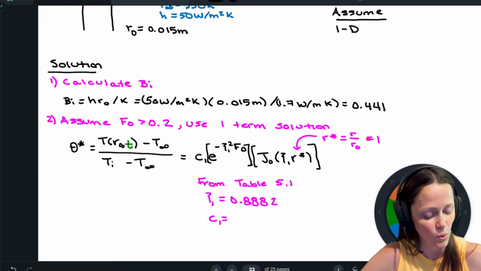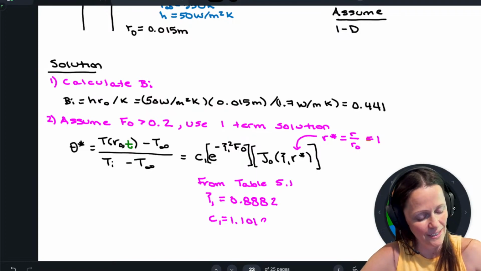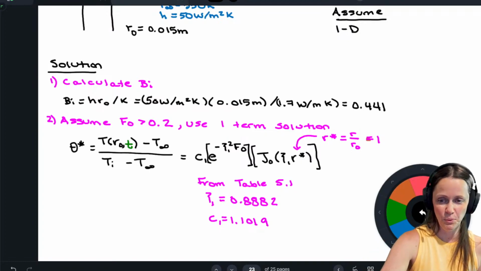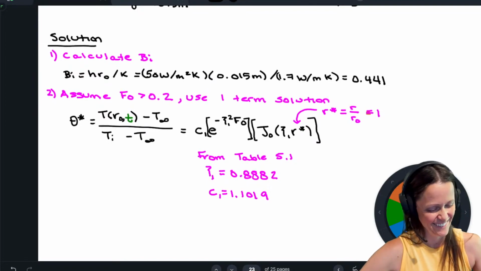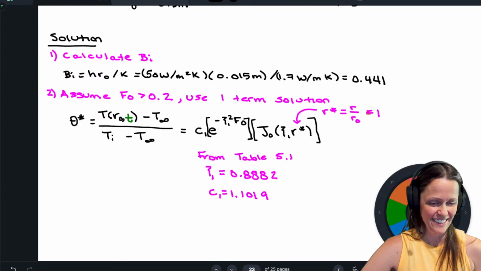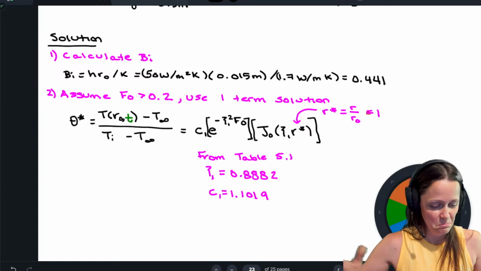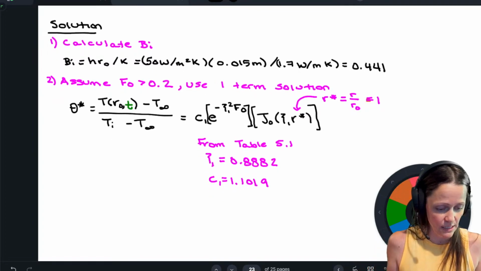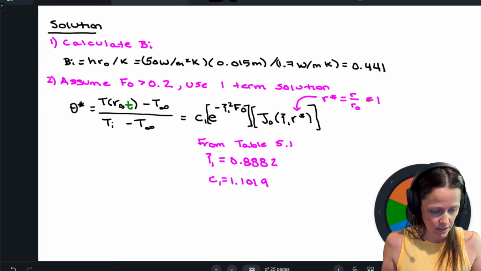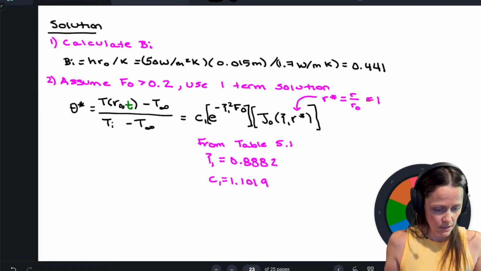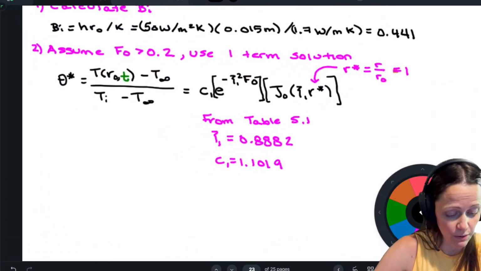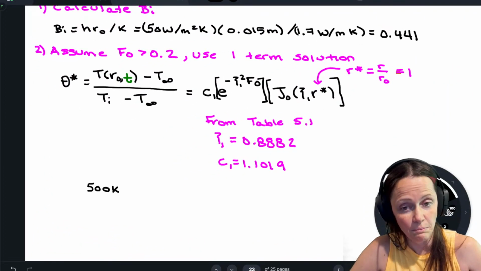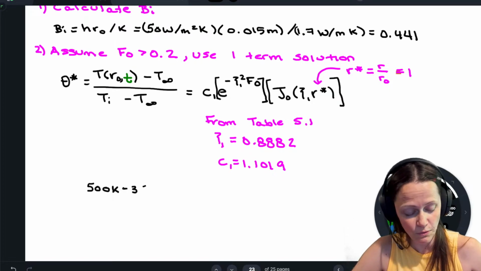0.8882 and a C1 of 1.1019. We get those from our table 5.1. Now I'm just going to plug in numbers, because I think I have everything. I've got 500 Kelvin minus our T infinity, which was 350,